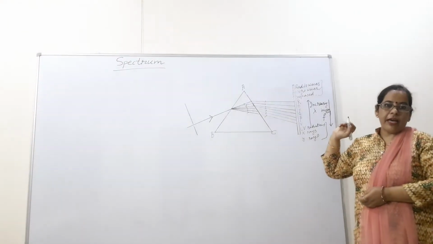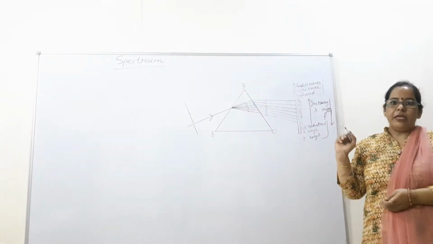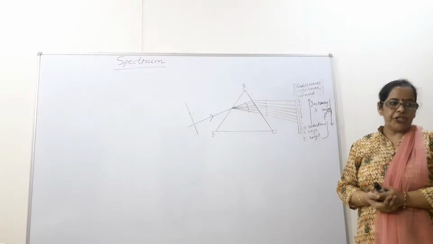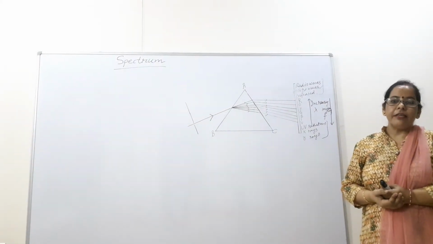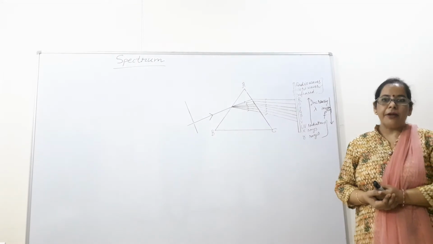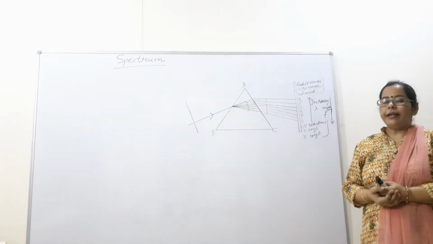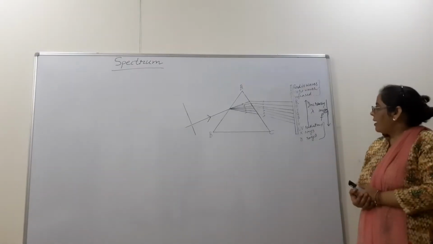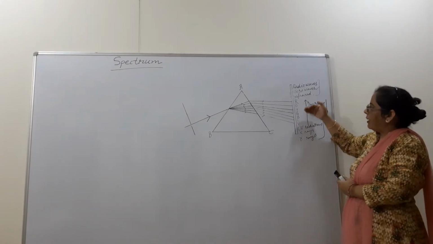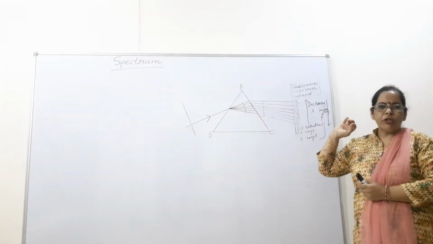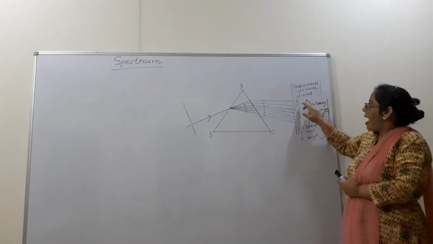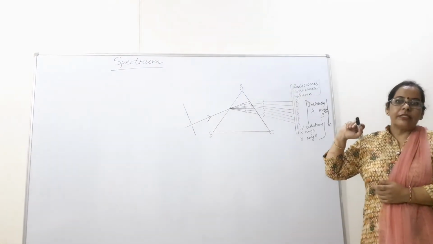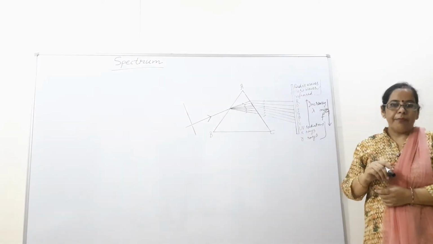Infrared radiations, beta, have the heating property, and these radiations were detected by William Herschel, with the help of a blackened bulb thermometer. And how did he detect these radiations? He took a blackened bulb thermometer and exposed it from the violet to the red end, and he noticed that there was a slight rise in temperature. As he crossed the red end, he noticed that there was a sudden rise in temperature on the blackened bulb thermometer.